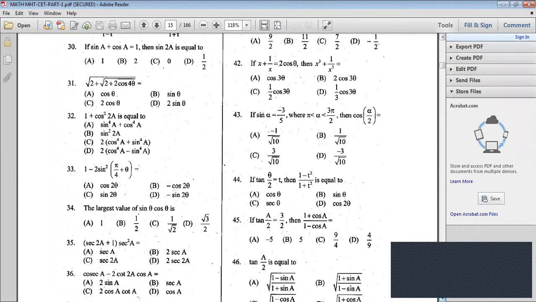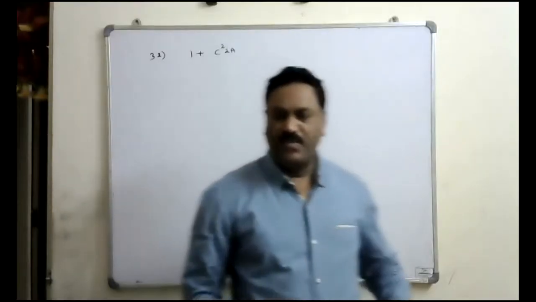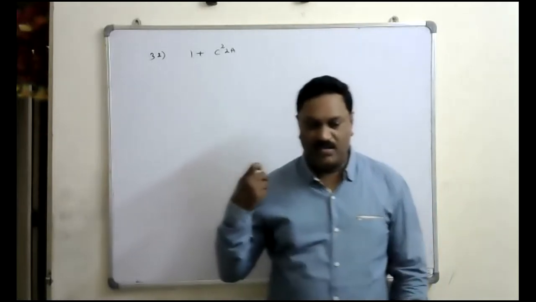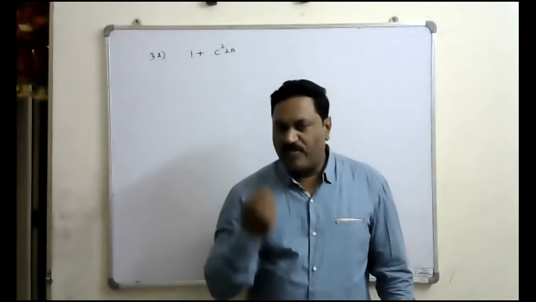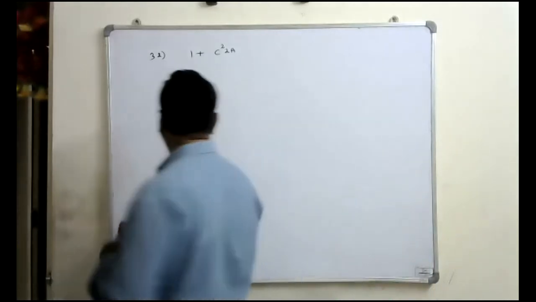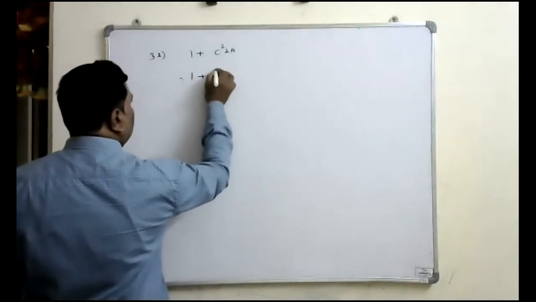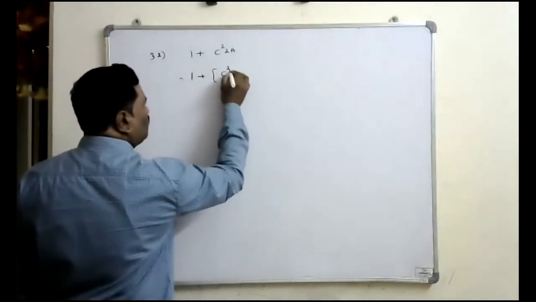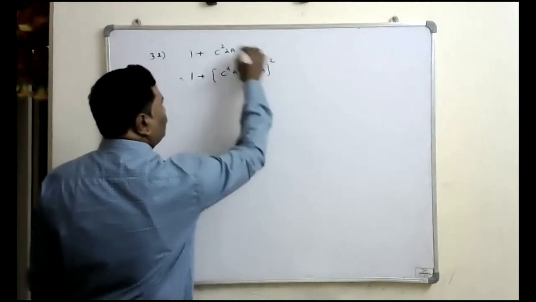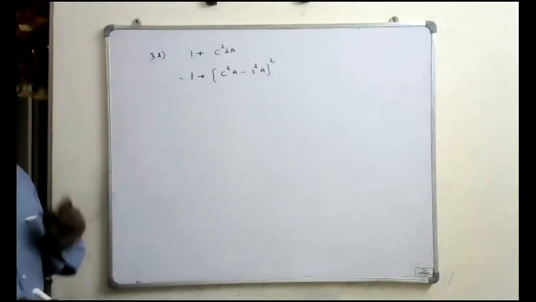If you want to find that, in the options you can find both the terms sin and cos. So carefully we have to apply the formula here. It is 1 plus cos square 2a. That is, cos 2a term is there here. Tell me, what is the formula for cos 2a in terms of cos and sin? Cos square a minus sin square a. Good. Cos 2a means you can write cos square a minus sin square a whole square. The square is there, so cos 2a I can write like that.